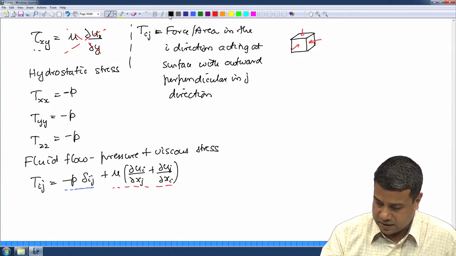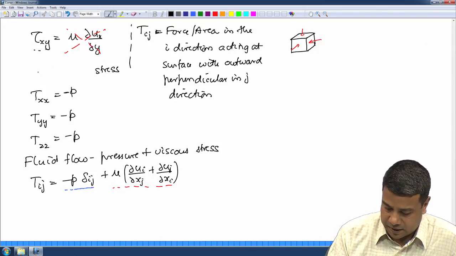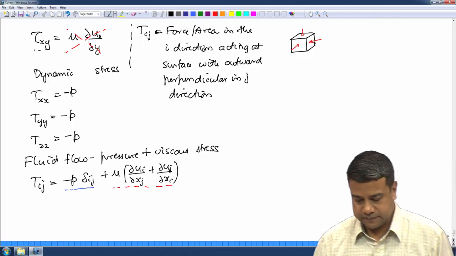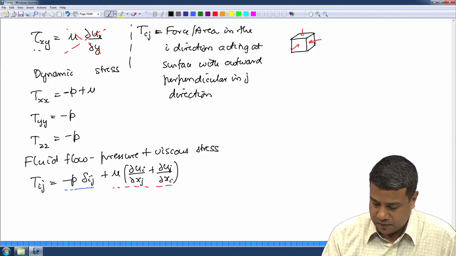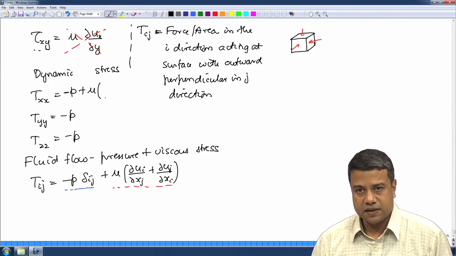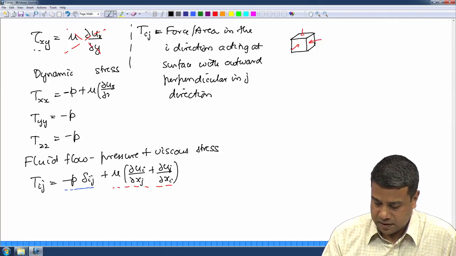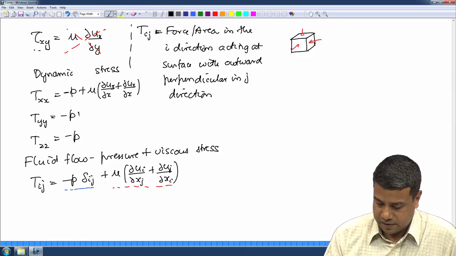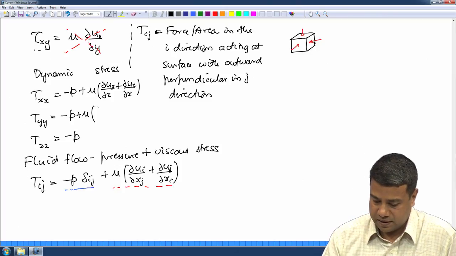So, I will write this as the dynamic stress. I would have a second term here which is plus mu. In this case i is x and j is x, partial ux by partial x plus partial ux by partial x. In this one i is y and j is y. So, I will get partial uy